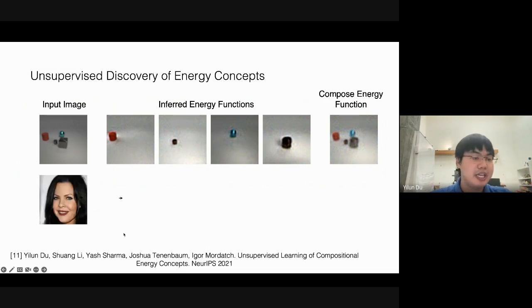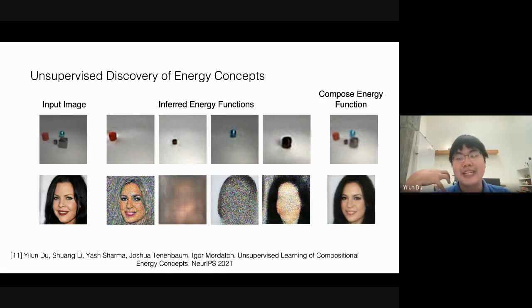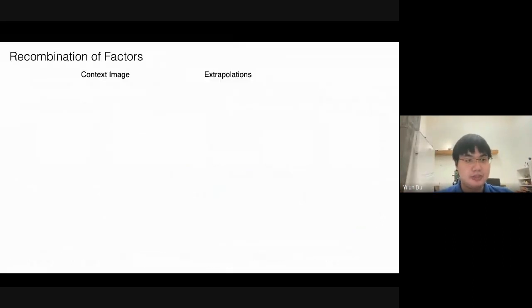In a similar way, you can take a face, and you can construct 4 separate energy functions that describe each of the individual aspects of the face. For example, this is the facial features, this is the background, this is the hair color, and this is the skin color. And by combining them together, you can get your original image. And what happens is because these factors are kind of independent, you can use the same types of energy composition operators I talked about earlier to combine and create all types of different images with new factors.